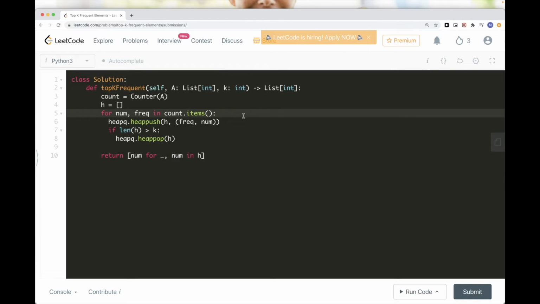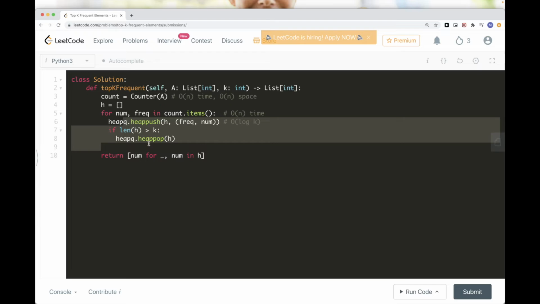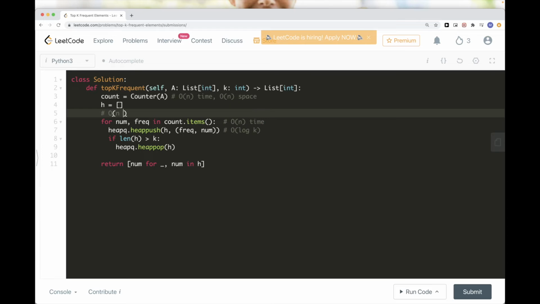In terms of time complexity here, this is done in O of n time and O of n space, because we are using a map. It has at most as many elements as the number of elements in the array. And then here we are doing this loop at most O of n time. And then here, pushing and popping from the queue, that's O of log k, because we maintain that the heap here contains at most k elements, and so we have O of log k for push and pop, and so overall the loop here is O of n log k times,